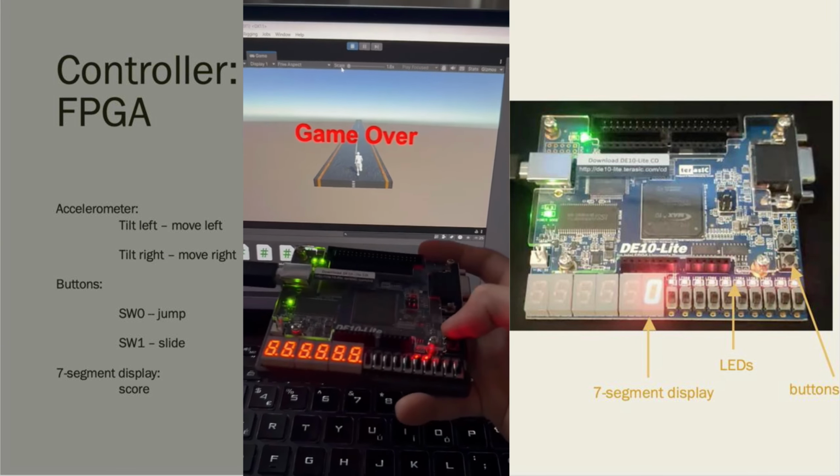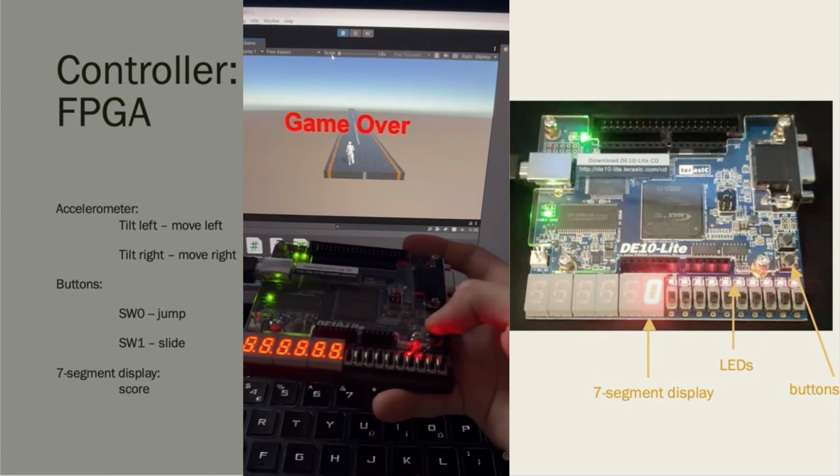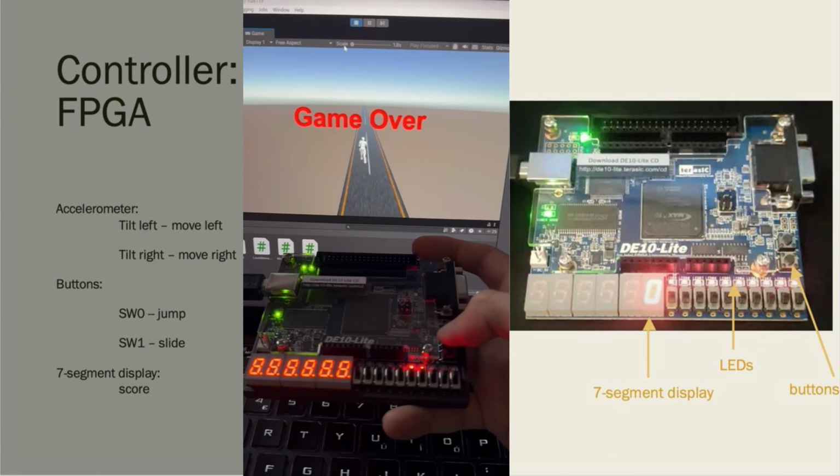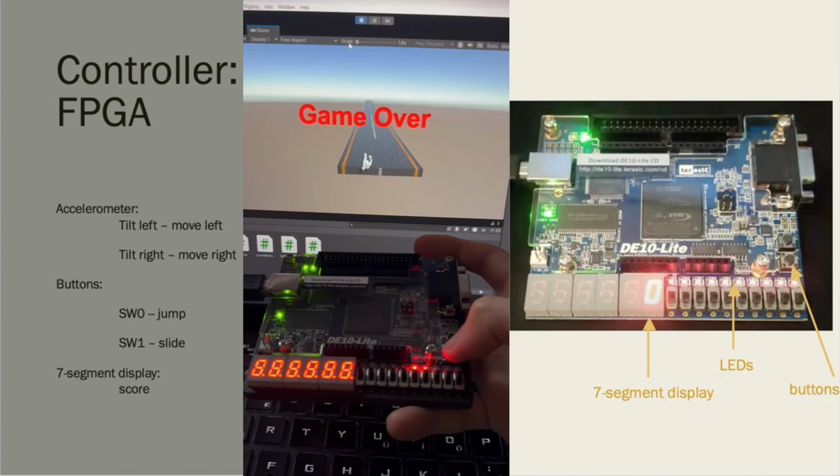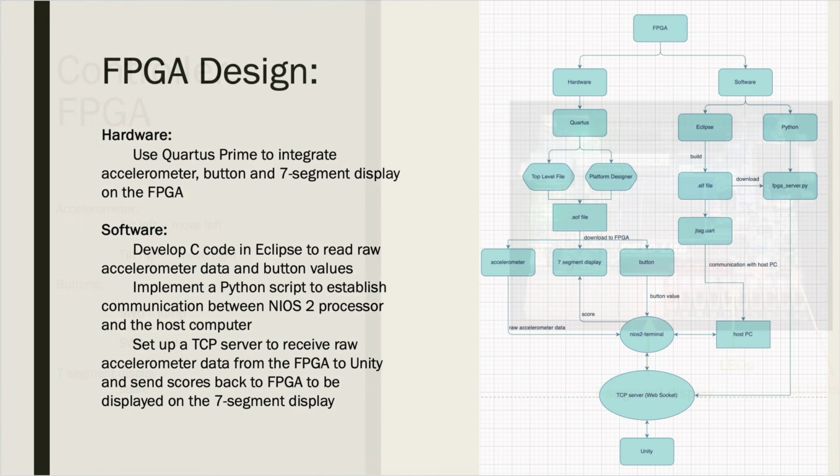Simply turn right to go right, turn left to go left, then the top button to jump, bottom button to slide. For FPGA design, after integrating the accelerometer, button, and 7-segment display using Platform Designer, we developed C code and